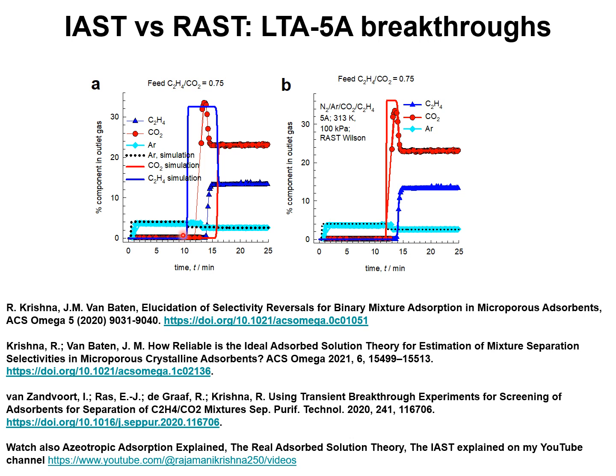The breakthrough simulations using the IAST are shown here by the continuous solid lines, blue for ethene and red for CO2. The IAST anticipates that the last component to break through is CO2, whereas in the experiments, the last component to break through is C2H4. So the IAST does not anticipate the selectivity reversal phenomena that is